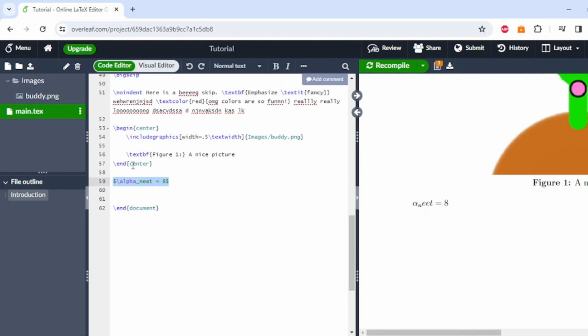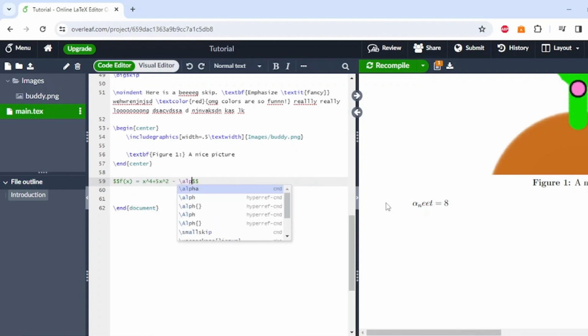But sometimes we want to emphasize our math. We want it to be on its own line, center of the page. For example, if we're defining a function. So if you want to emphasize your math, it's not just one money sign, it's two. And now we can do our thing here. For example, f of x equals x to the 4th plus 5x squared minus alpha